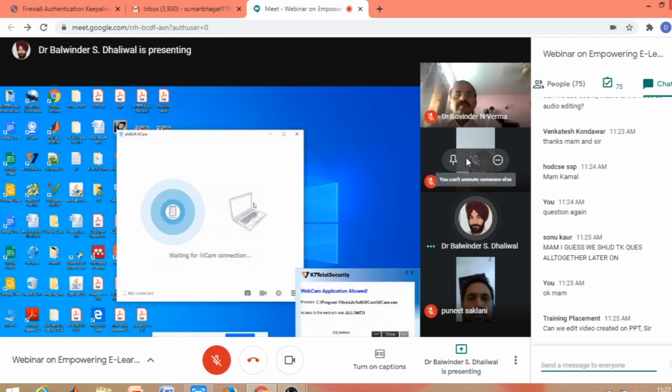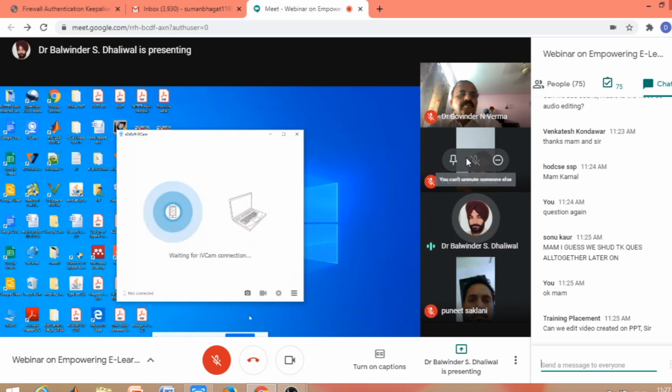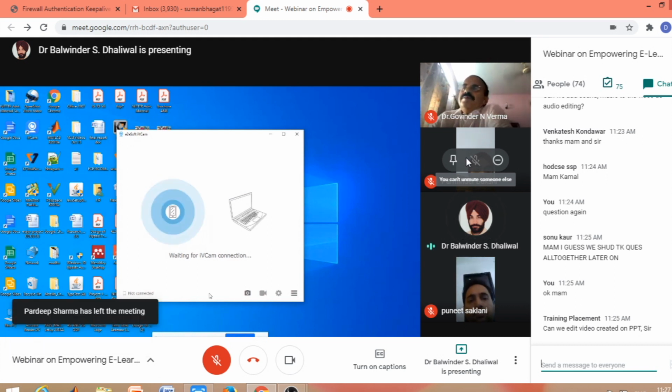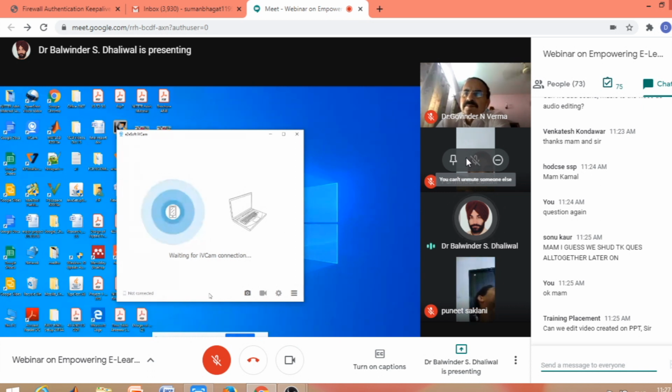After downloading onto the computer as well as the mobile, it will search for the device. If I have the mobile nearby, then I can connect that mobile through Wi-Fi. The only condition is that the mobile as well as the computer should be connected to the same Wi-Fi network.